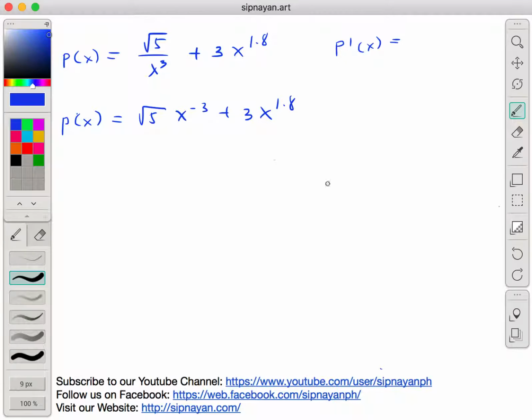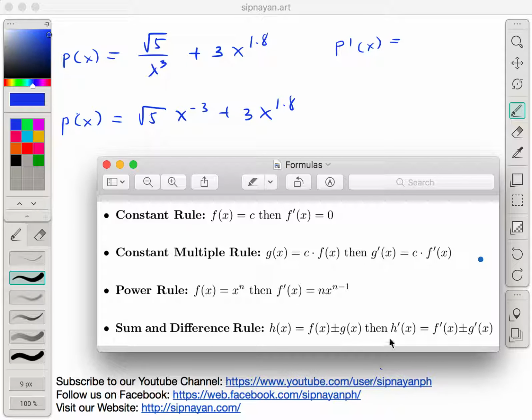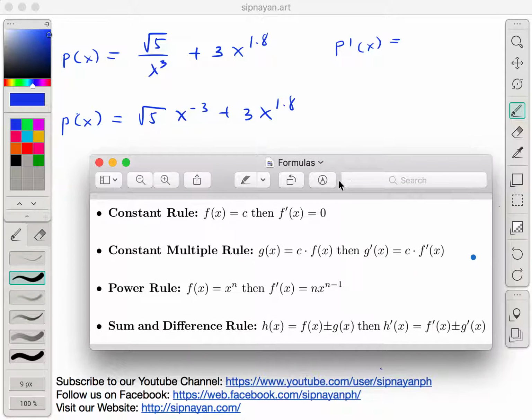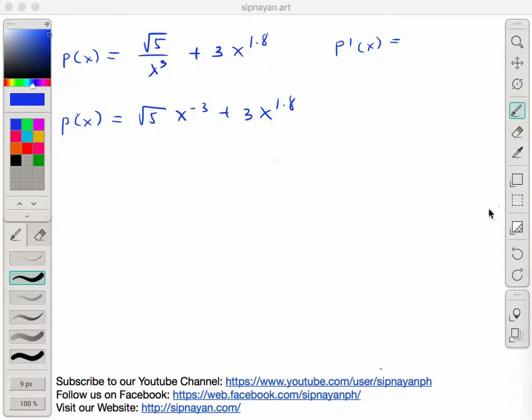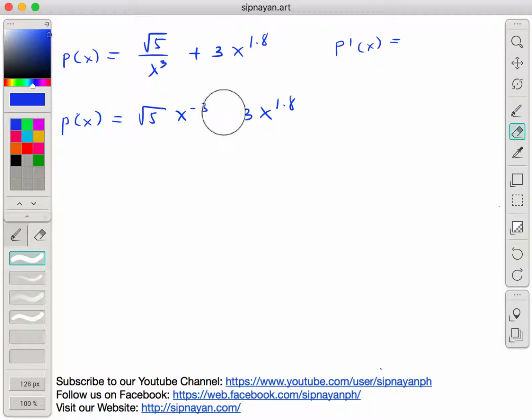Okay, so wala na tayong problema, no? Pwede na natin siya gamitin yung sum and difference rule. That is, if we want to find the derivative of p of x, we find the derivative of the expressions individually. Pag f of x plus g of x, we want to find the derivative. We find the derivative of f of x, and then find the derivative of g of x, and then add or subtract them depending on the operation. So here we have an addition, so addition din tayo. So we find the derivative of p prime of x is,